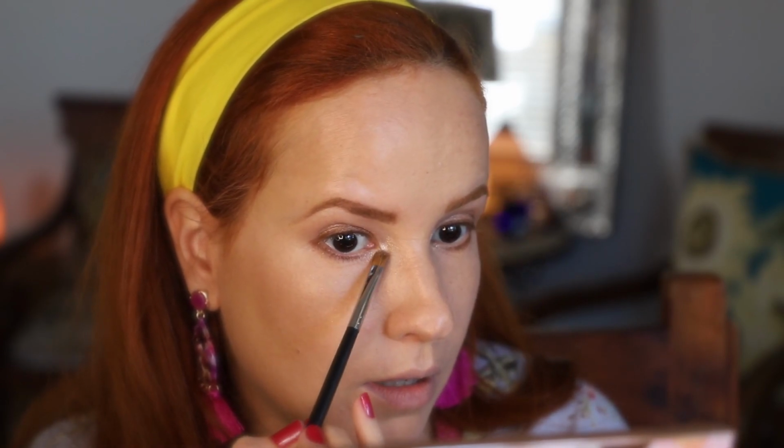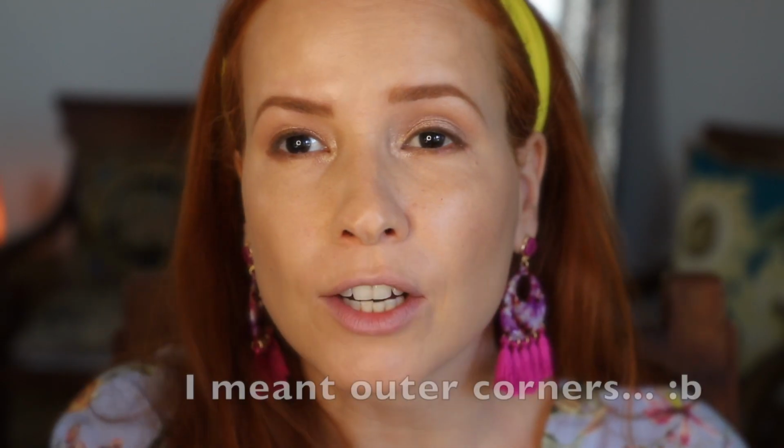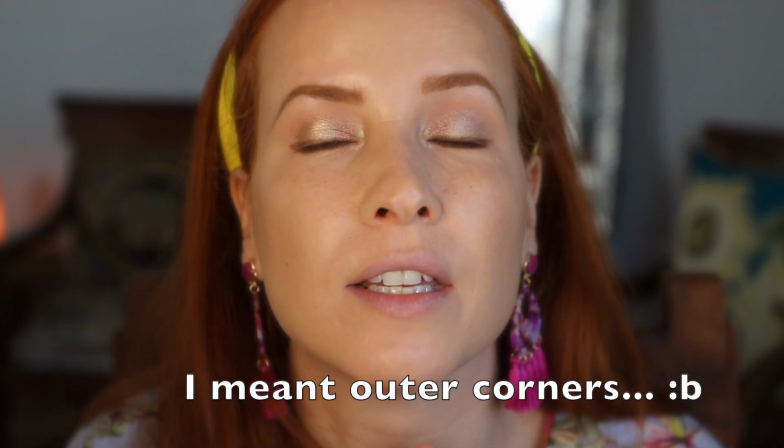And then more light to that corner. Forgive me, I love shimmer and I love glitter, and I don't have a light hand when it comes to applying shadows or glitter or highlight. But I think this is pretty good. Okay, so we are done with the eyes. You could do more if you wanted to. You could actually accentuate the very inner corner of the eyes if you wanted to. Just for the sake of keeping it very nice and light, I'm just gonna leave it here